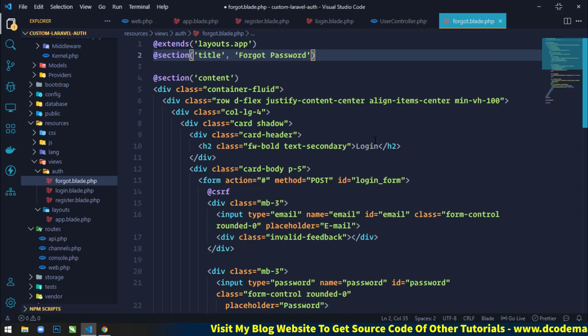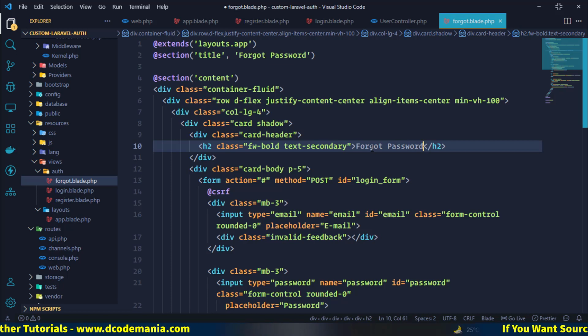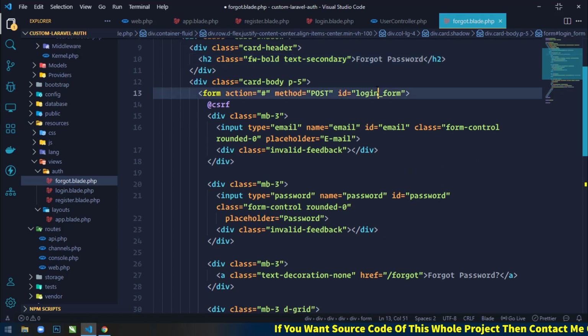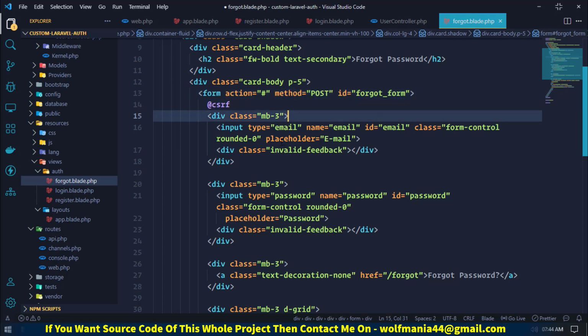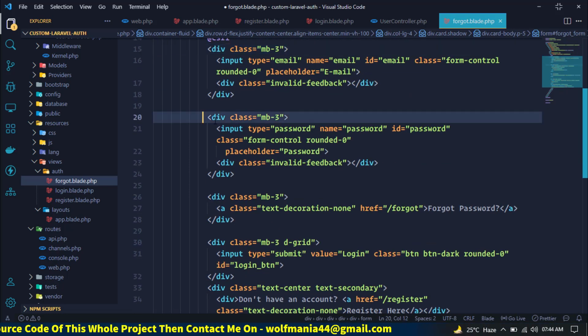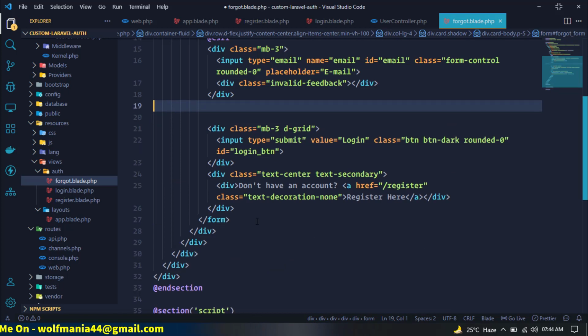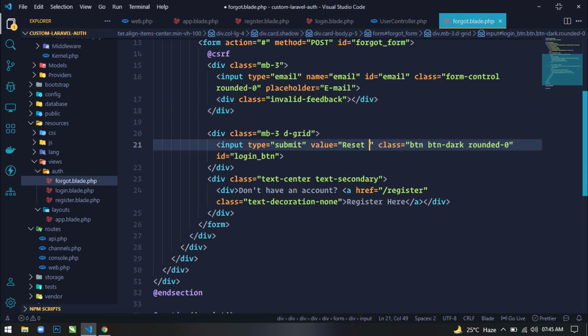Okay, and everything will be same, just change the header to forgot password. Okay, and then inside this form tag I will just change the ID to forgot_form. Okay, and I will not use this password field, so just remove this. I will also not use this forgot password link here, so just remove it, only keep this email field here. Okay, and this button, just change the value to reset password,